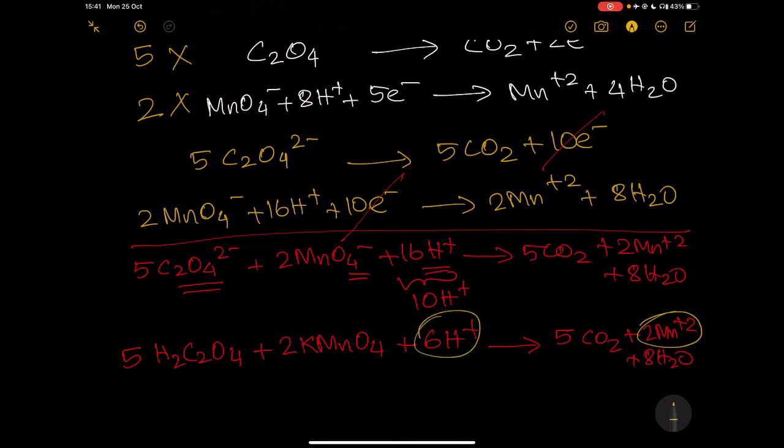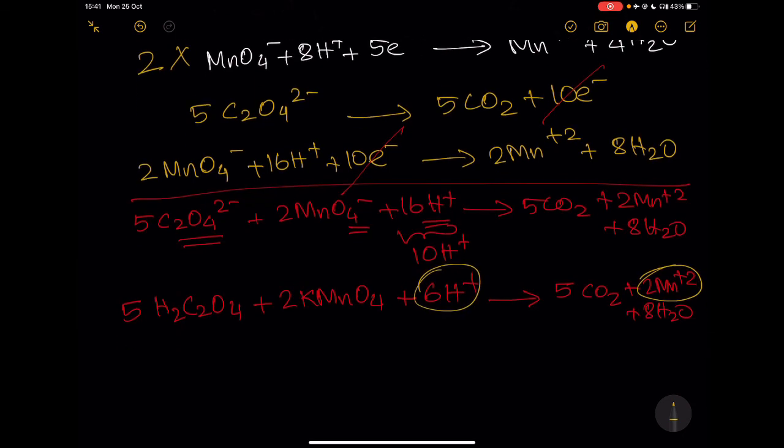Generally, you're not going to have species that are present this way. So we can assume you are adding H2SO4. If you're adding H2SO4, it's going to furnish 2 protons per equivalent of H2SO4. Therefore, 3 H2SO4 gives you 6 H⁺. The moment you have something like this also ends up taking care of other things that are present. So it's going to be 2 MnSO4, and then one more is going to be K2SO4.